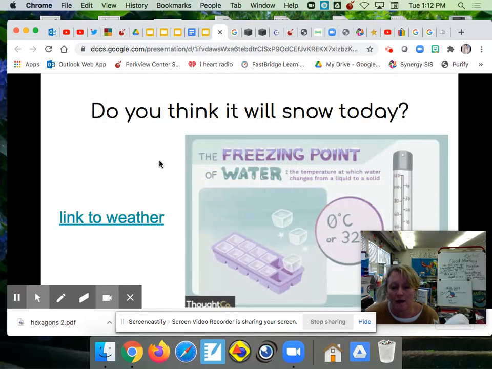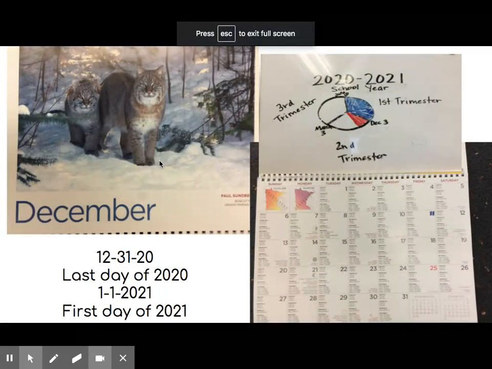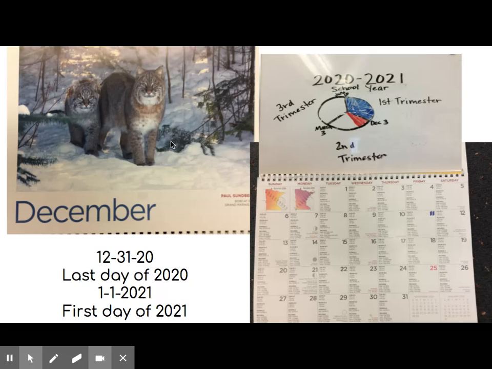So I wonder if there's going to be snow on the 23rd. I wonder if there's going to be snow on the break. In my team, we talked about our hopes for over the break, and a lot of people were hoping there was going to be snow. There's a lot of activities that people are hoping to do. Now, our break goes through 2021. So we are all saying to each other, see you next year.